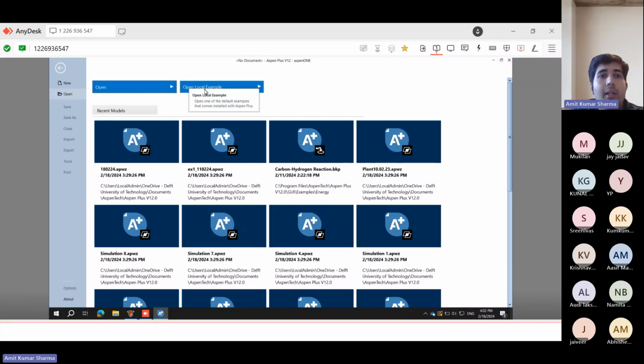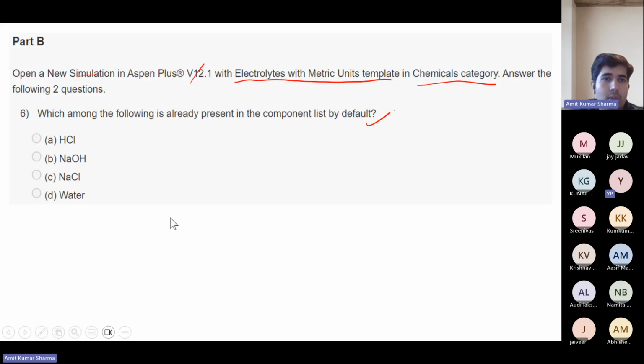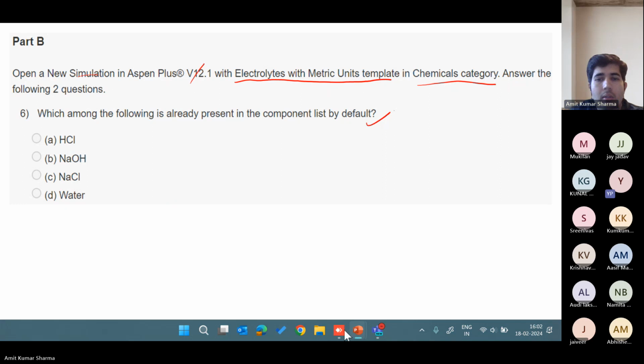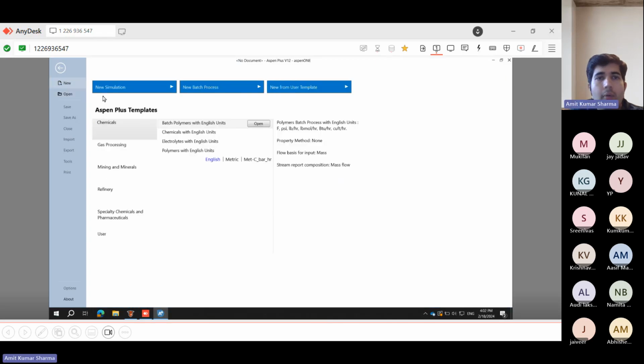Then you need to go to New, because if you see the question, it says open a new simulation. So you need to click on New. Now check here very carefully. The Aspen Plus templates: you have these different templates. One is chemicals, then gas processing, mining and minerals, refinery, special chemicals, and user, where you can define your own template.